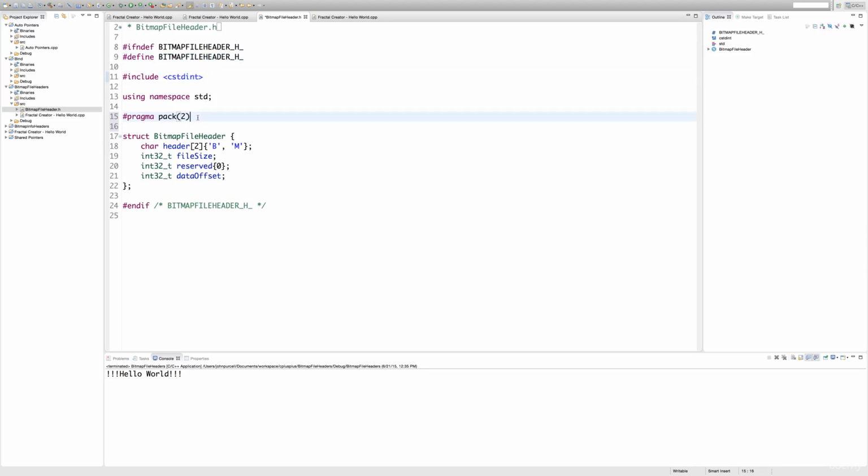They're not C++ statements. What this does is it makes C++ align all of these on 2-byte boundaries, rather than putting extra padding in to align all these in what it considers the most efficient way possible. And that's basically going to mean that this struct will be kept in memory exactly as it looks here. There'll be no hidden padding in there. And if you don't do that, then your final bitmap will be unreadable, because there'll be extra padding bytes behind the scenes